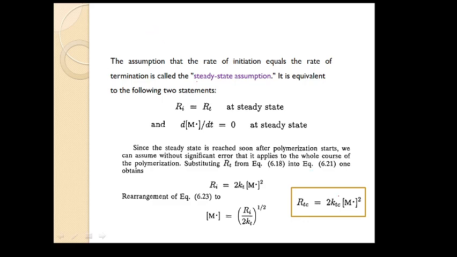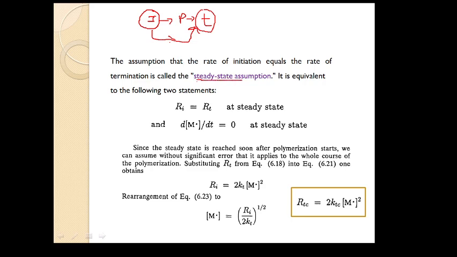Okay. Now, what is this steady state approximation, and why can we apply it? Because we have three stages of this polymerization. First, we initiate the polymerization, then we propagate the polymerization, and then we finally terminate the polymerization. Right. Now, to apply the steady state approximation, we focus on the initiation step and the termination step. If the rate of initiation is equal to the rate of termination, then we can say that the polymer is at the steady state, right?